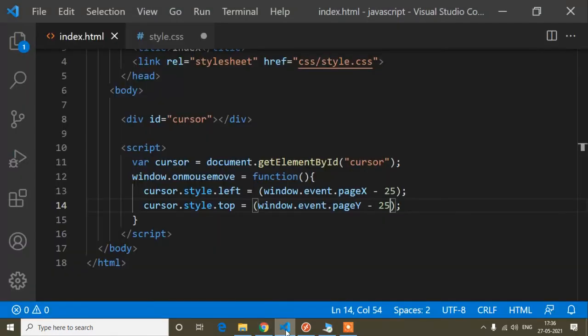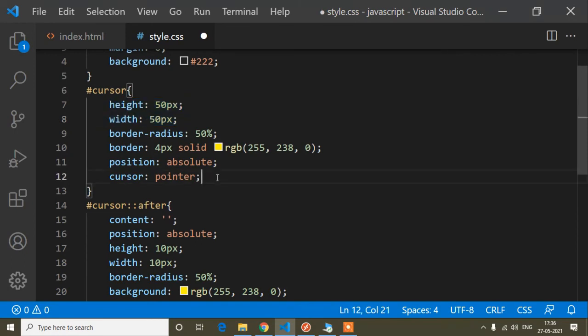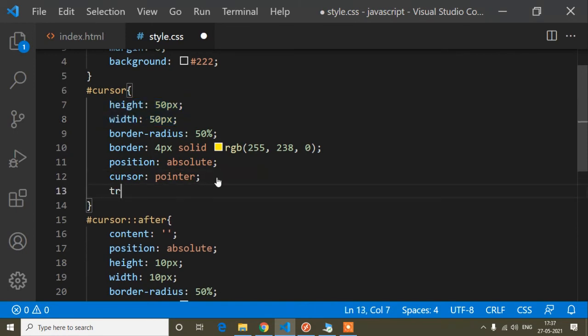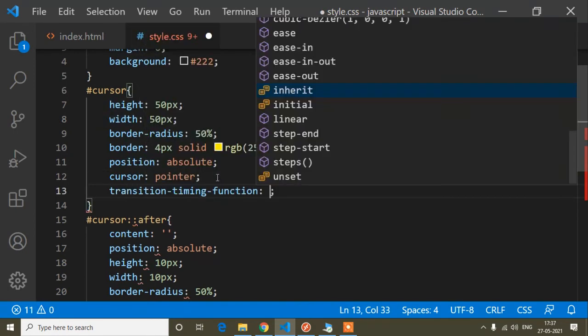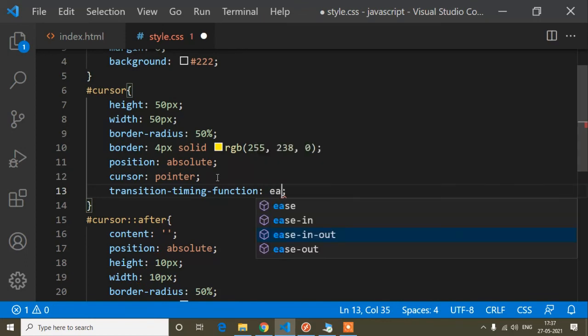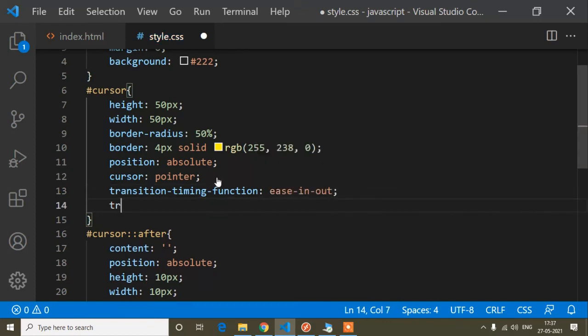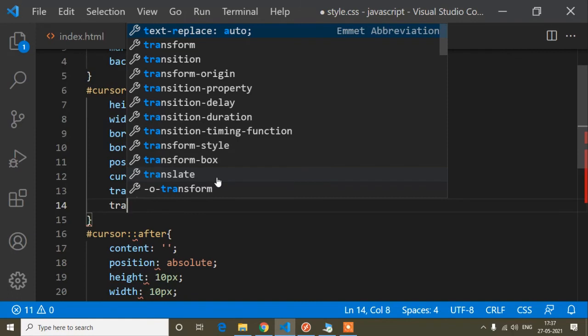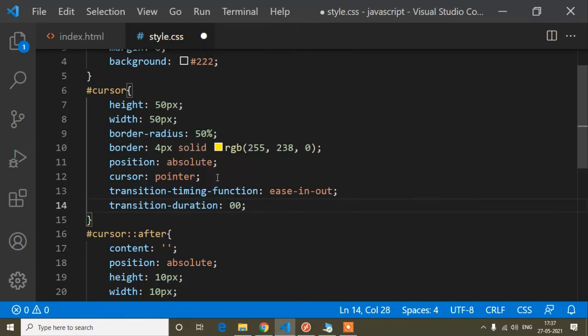Another thing I have to add: when I'm moving my cursor, this element is moving but not smoothly. To make it smooth, I have to add some animation: transition timing function ease-in-out, and the transition duration, which will be 0.01s.